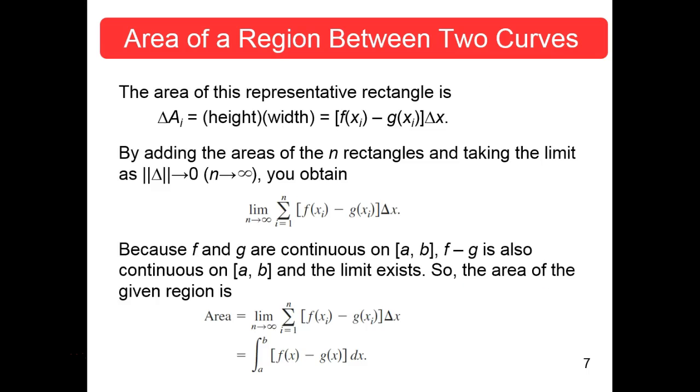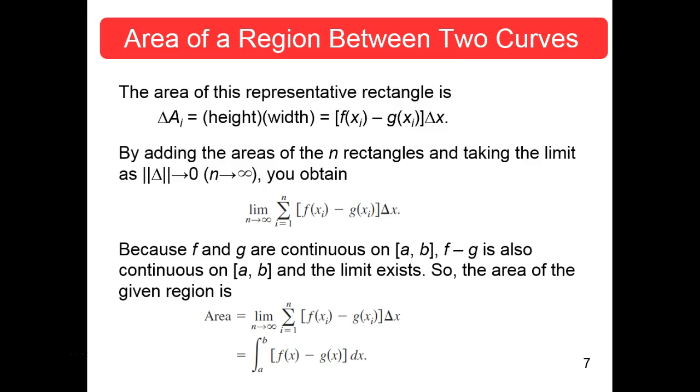The area of that little representative rectangle, delta A sub i, somewhere between a and b, is the height times the width. The height is f of x sub i minus g of x sub i, and the width is delta x. By adding all those areas of those n rectangles, where n is the number of divisions, and taking the limit as